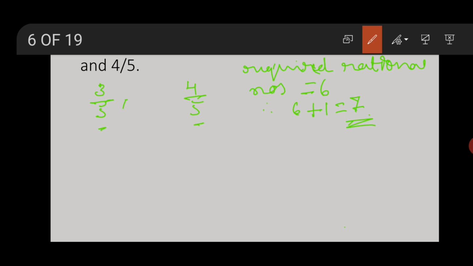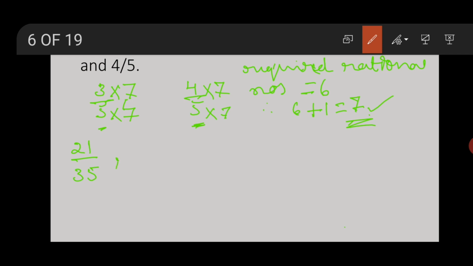See, the given two numbers are in p by q form, they are rational numbers. Therefore, you need not write them again in p by q form. It is already in p by q form. So directly multiply the numerator and denominator by the number 7, right? Now the product of the numerator, 3 sevens are 21 divided by 5 sevens are 35.